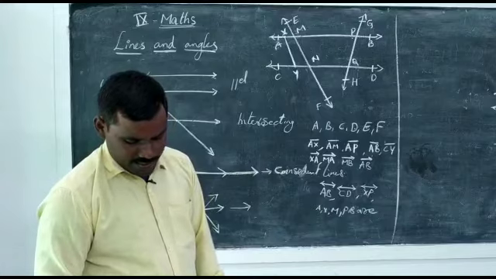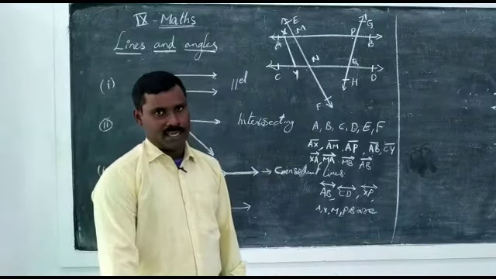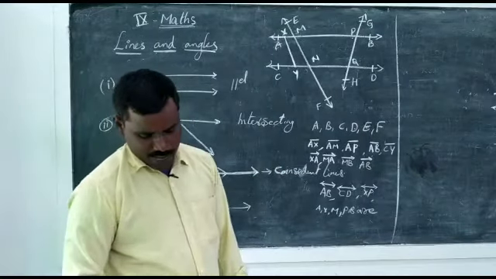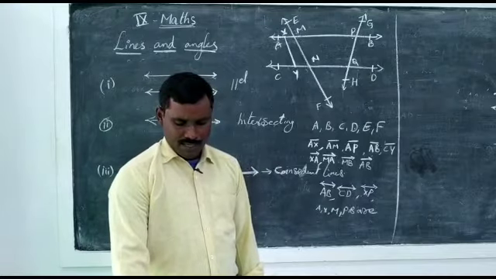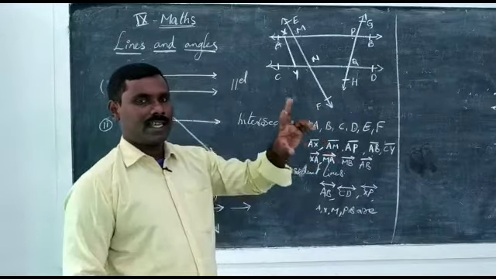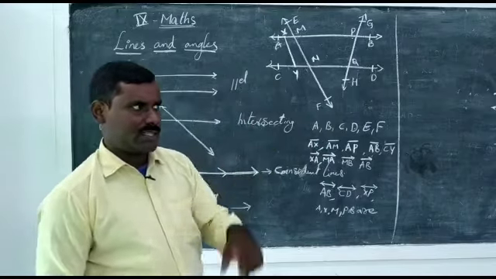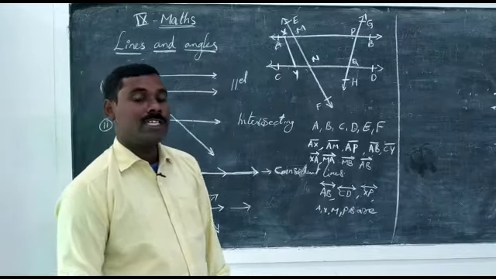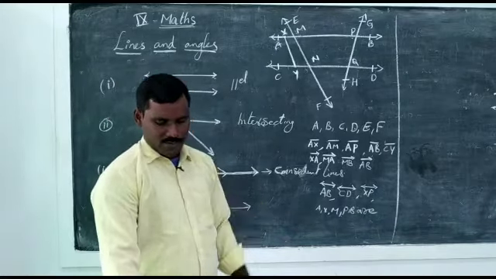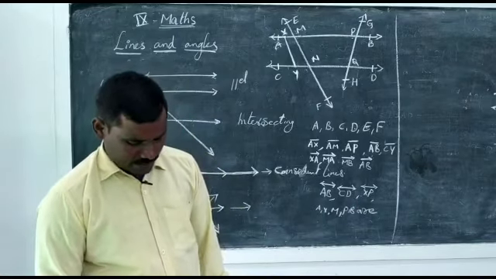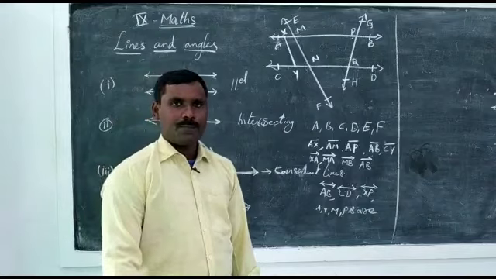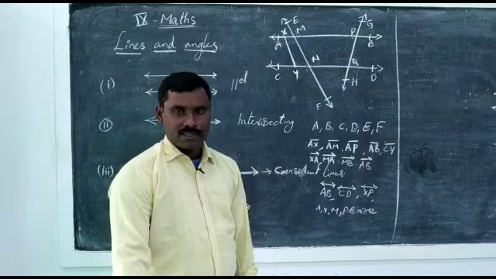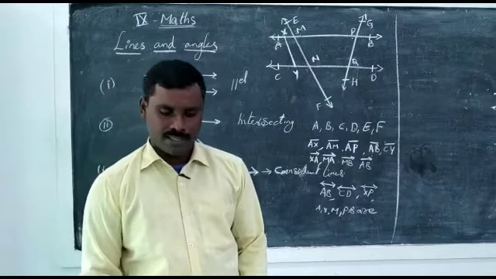A line AB is the same as line BA. AB is the same as BA, right? The statement is true. A ray AB is the same as the ray BA. Rays are different. Directions are different. That's why the third statement is wrong. A line has a defined length. A line has infinite length. That's why the statement is false. A plane has length and breadth but not thickness. Yes, it has length and breadth but not thickness.